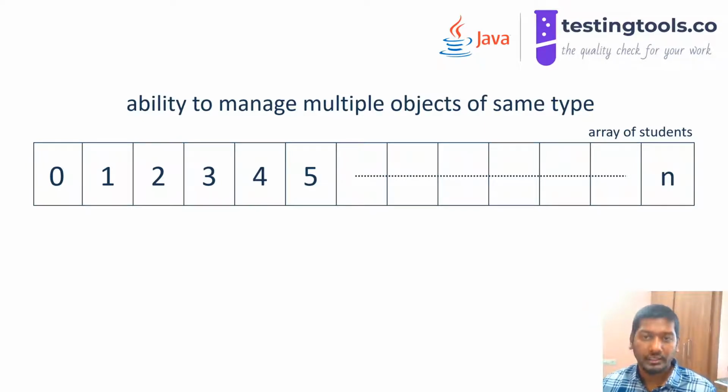What it means is, if I want to refer to the first student in the array of students, that will be my index 0. If I want to refer to the second student in my array, the index will be 1, but the student is number 2. Similarly, we can access the third student by giving the index as 2. Now we will jump into Eclipse and see how we can write the code, what the syntax is, and how we can use all those things.